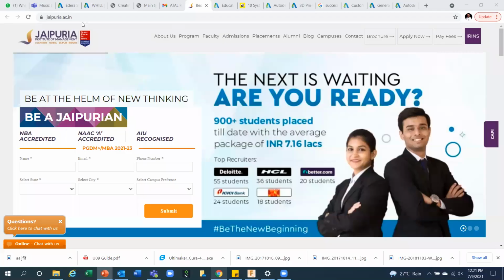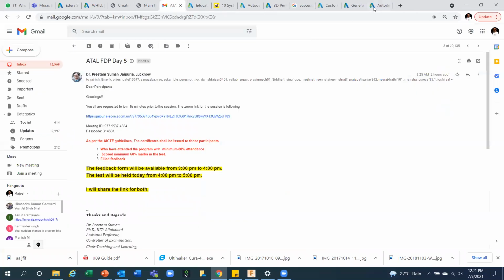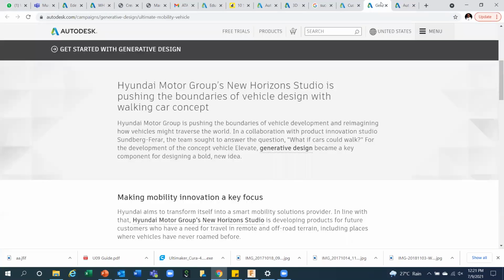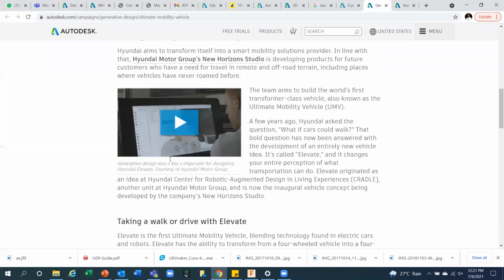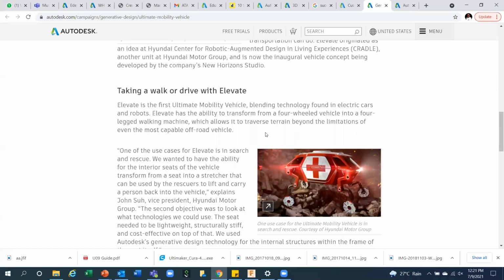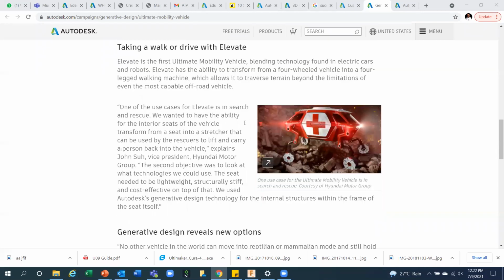Sir, can I ask one question? Yes, please. Sir, what seems so simple in the beginning is that we need to create a design, we search and create a design, and then we can design it on AutoCAD Fusion, and then it can be converted into an STL file, and then we can print it through a 3D printer, right? Right.